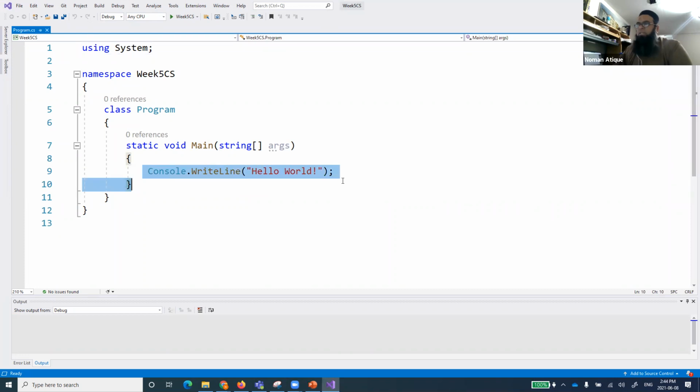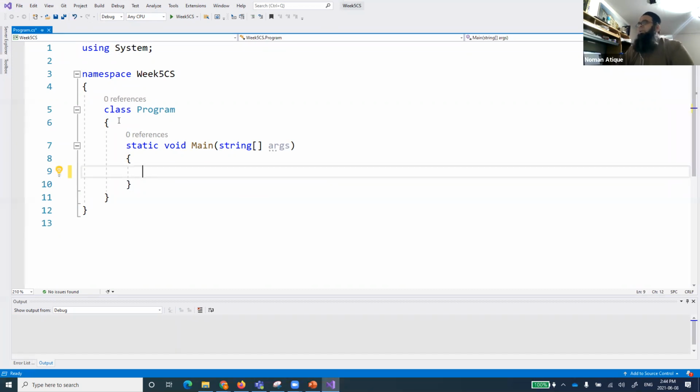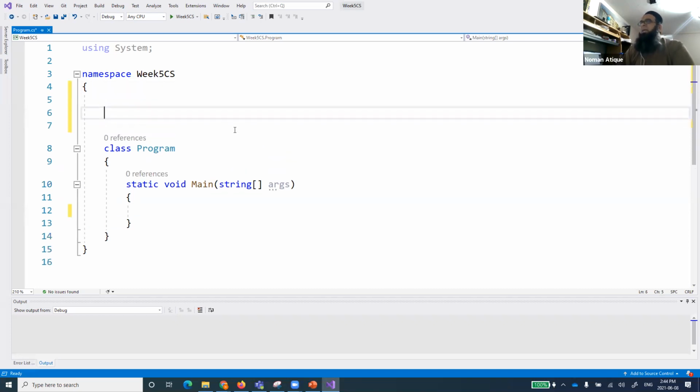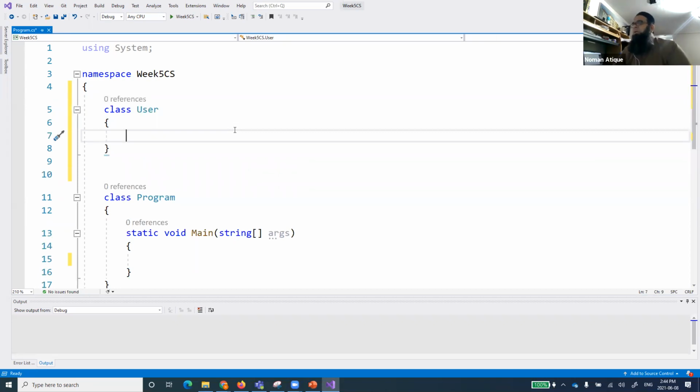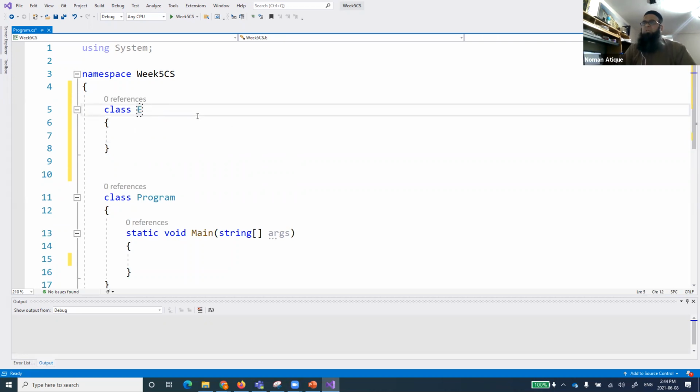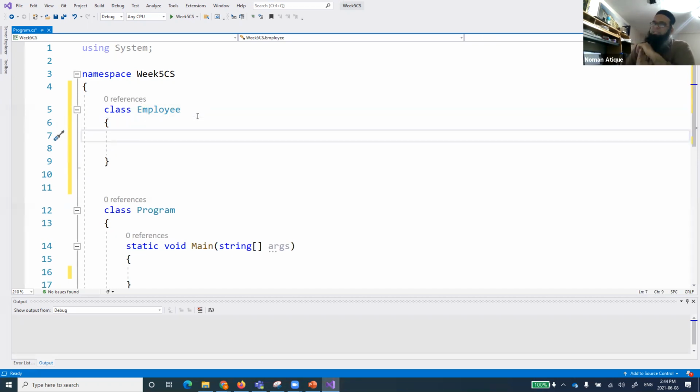So in this program, we have got a class, and what is that class? The Program class over here, right? So I'll go inside this namespace and create my own class. I create a class, for example, and call it user. I want to create a class for a user or an employee or something. Let's make it for employee, because that makes more sense. So this is a class that we are creating. A class has two things we have just discussed: fields or data, and methods. So let's talk first of all about fields or data.